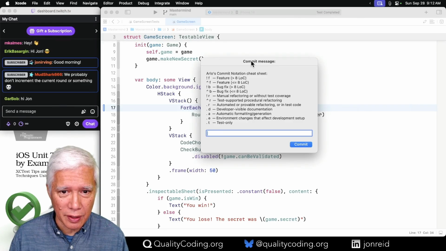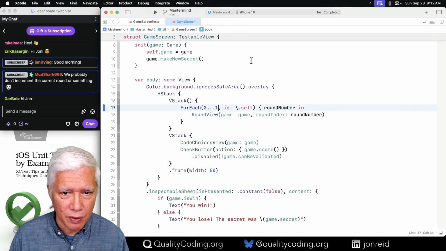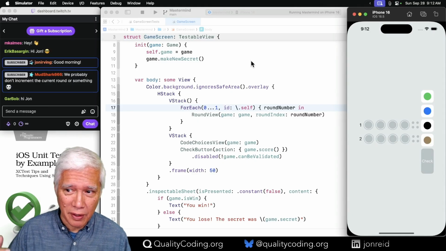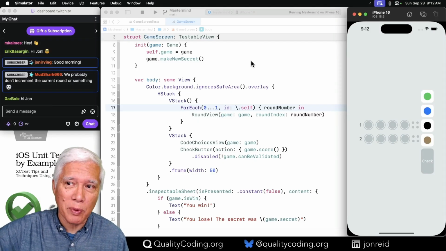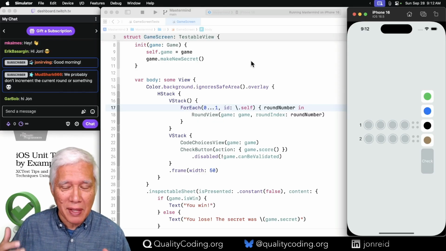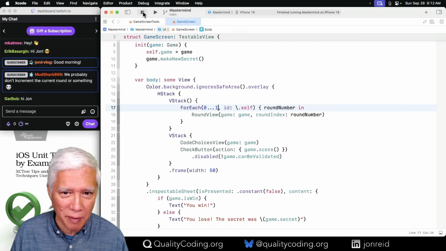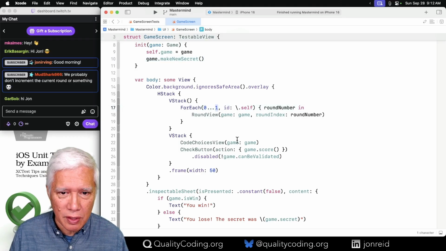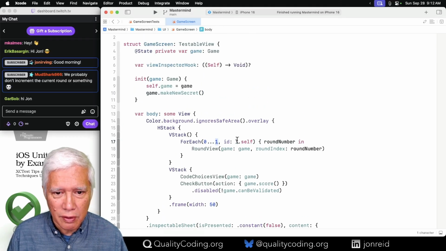This will be... So now we should be seeing 2 rounds. Not in the order we want. I want it to go round 1 on the bottom, and we play up towards the pegs at the top. Is how that's based on the old physical game. So this is now something